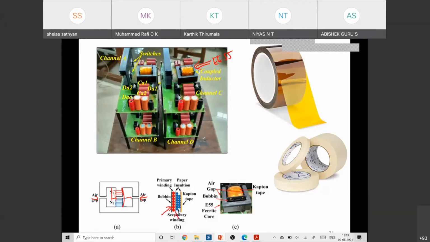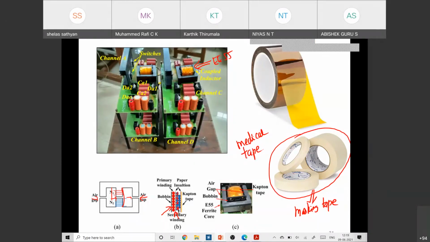After that, I have an insulation. Such inter-winding insulation is provided by a masking tape, which is available in our hardware shop. In fact, if you are not able to get a masking tape in the hardware shop, go to the medical shop and purchase a medical tape. Either masking tape or medical tape you can use for this insulation purpose between the layers of winding. After one layer is over, you can put the second layer of the winding on that.